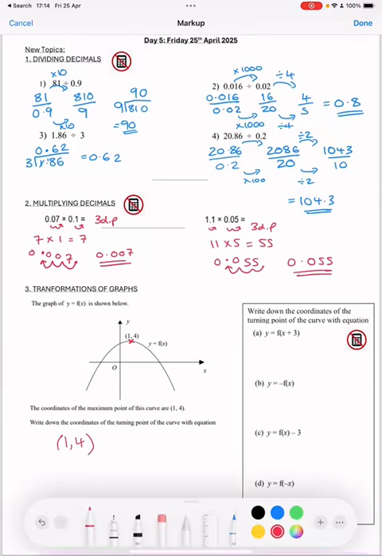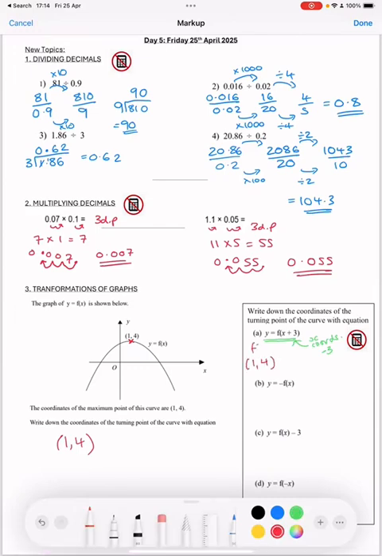So if this is equation y equals f of x, and we want to find the coordinates of the turning point for y equals f of x plus 3, we want to think about what happens. Now, when something is happening inside the bracket next to the f, that means it affects the x coordinates, and it always does the opposite to what we think should happen. So this is saying plus 3, so what's going to happen is I'm going to take away 3 from the x coordinates. So we started off with 1, 4